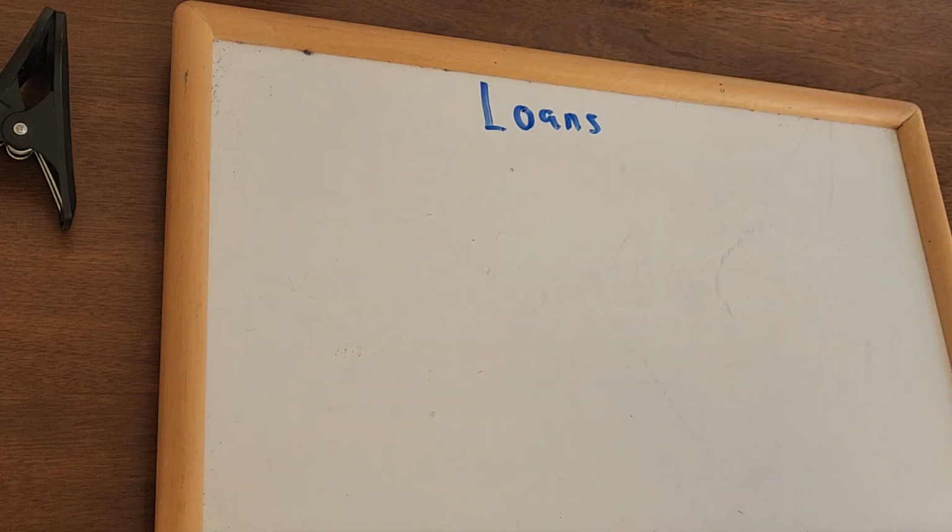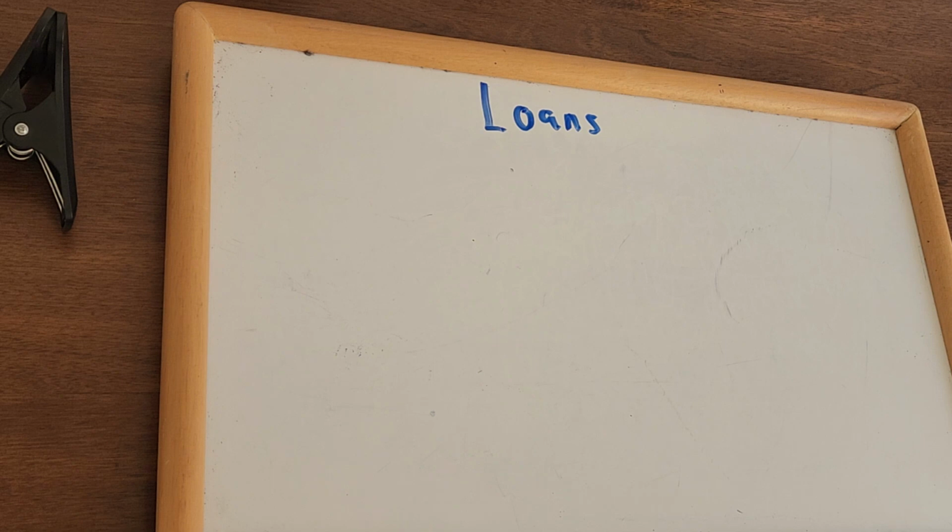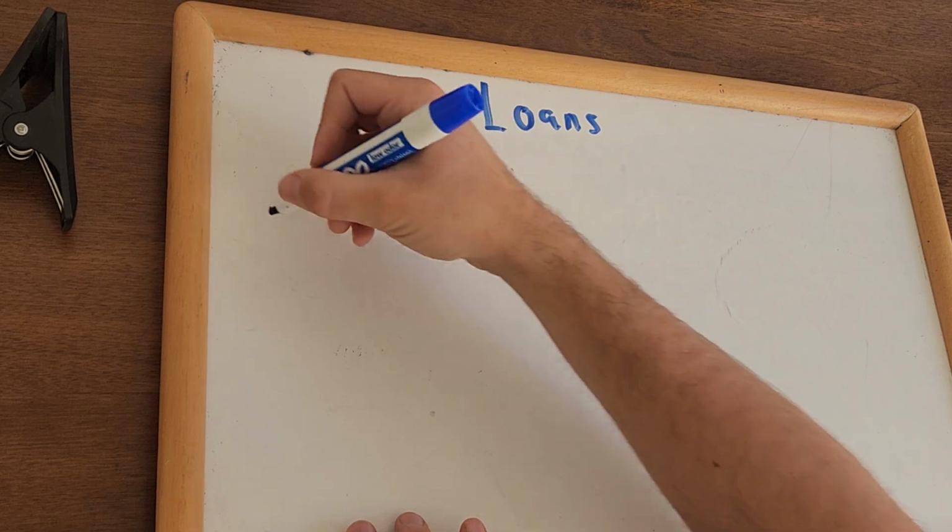All right, again, I'm not a loan officer. I do not write loans. I do not sell loans, okay? I'm not giving you loan advice here. What I'm telling you is that people do this, okay, and that it is possible to be done, okay? So again, this is not advice. I actually don't recommend that you do this, but it is something that can be done if you want to